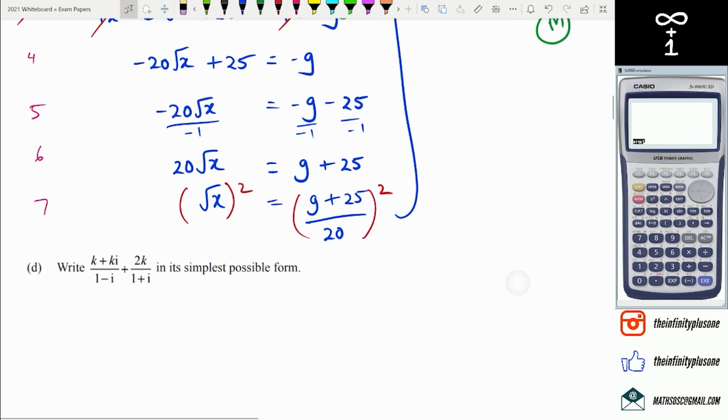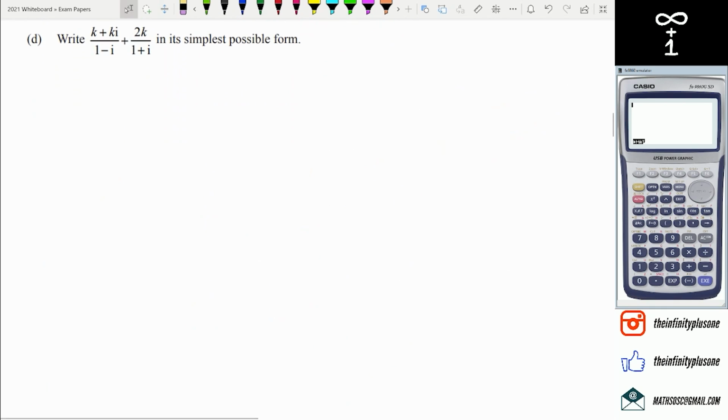All right, folks. So on to the next question. What we've got here is a classic question, which is basically getting rid of the denominator and writing it in the simplest form possible. So all we really have to do is just cross multiply in this case. There's nothing else we can do. All right. So we're going to take k plus ki. When I say cross multiply, it is basically just this, which I hate doing, this upside down barbecue thing, but reality is it is